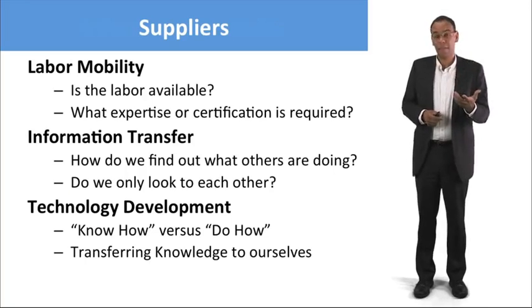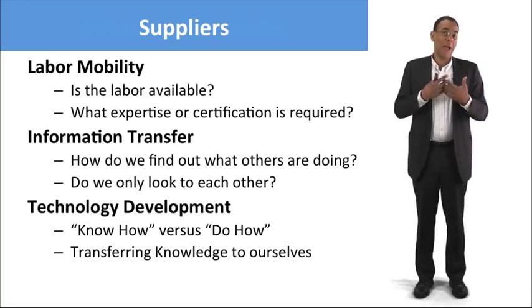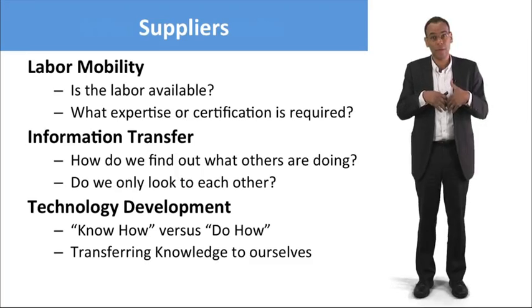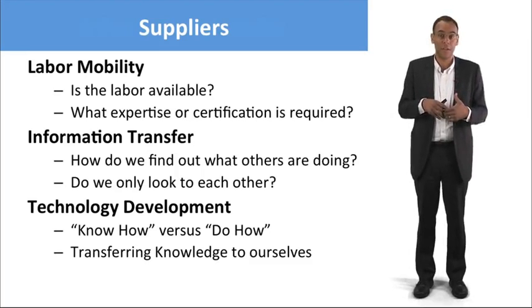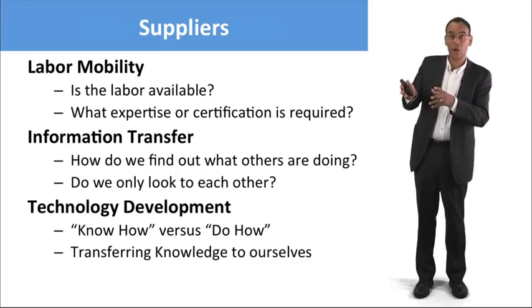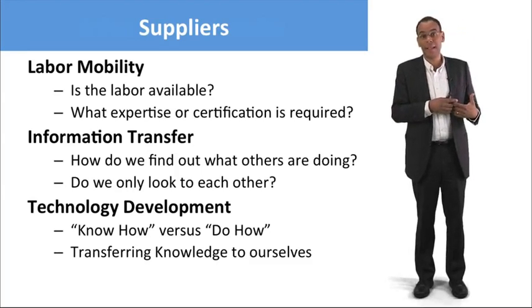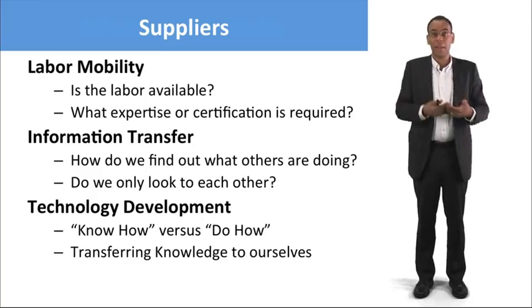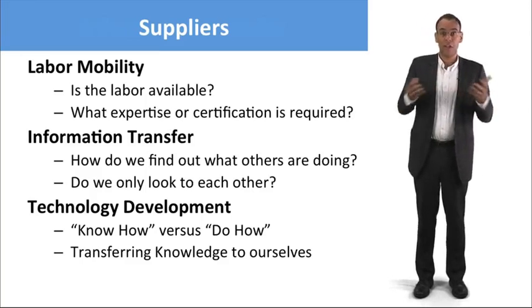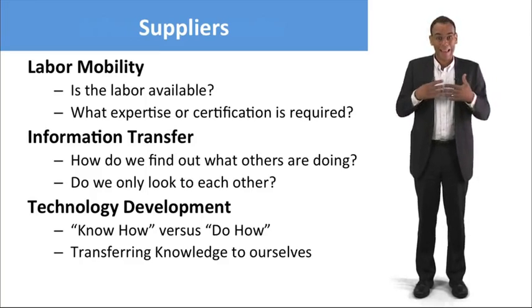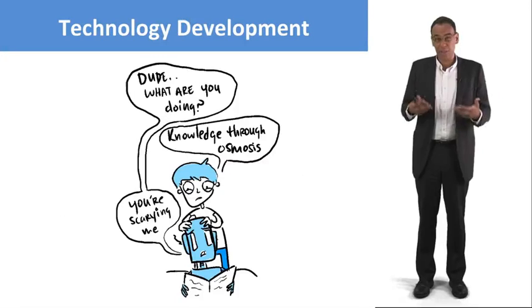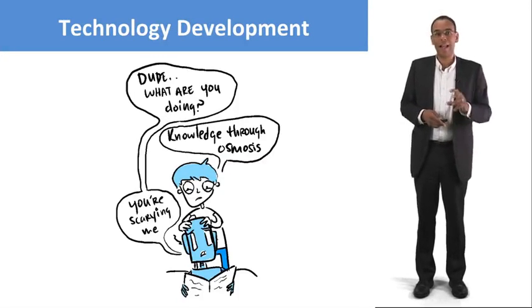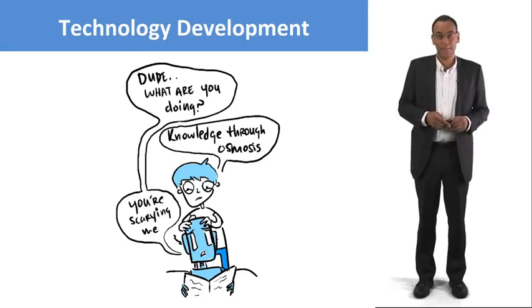Finally, we have this technology development problem. One thing is to know how, so we could find the people that know, but how can those people actually do the thing that we need them to do in our context, in our organization? Because someone being able to do something inside of Kodak does not mean they can do the same thing inside of Sony. Nowadays, if you can do something at Apple, can you do the same thing at JCPenney, right? We recently saw an executive move from the one to the other. Is the know-how translatable into what I'm calling the do-how? Can we do it? Can we transfer that knowledge out of the supplier into ourselves?